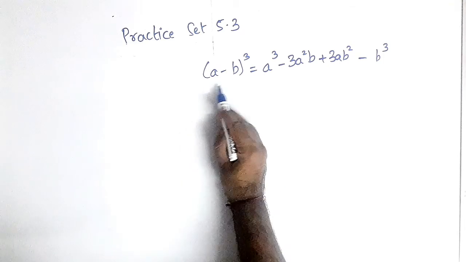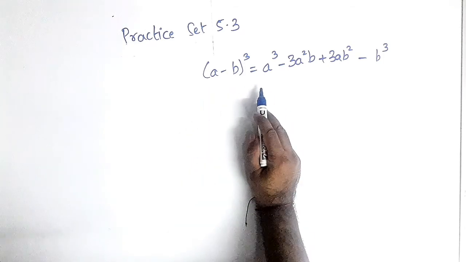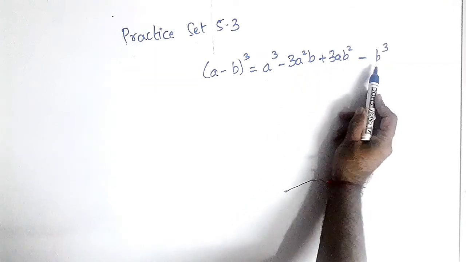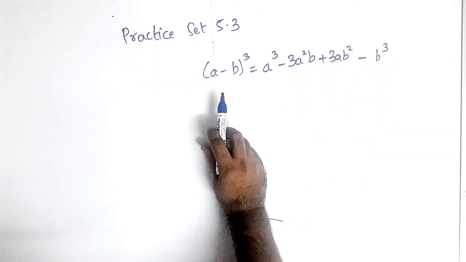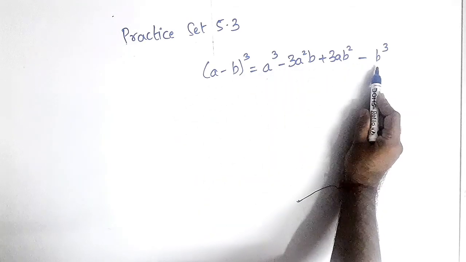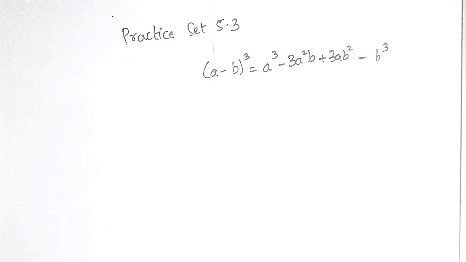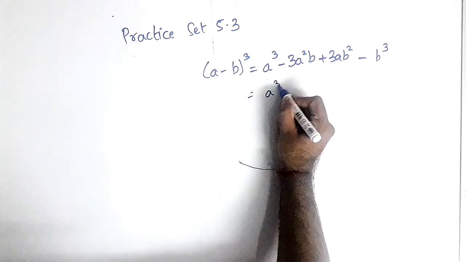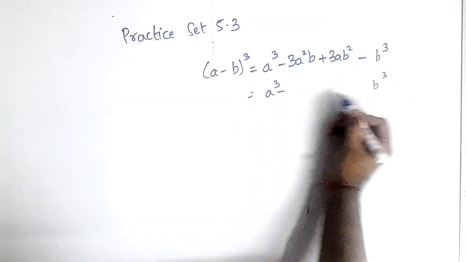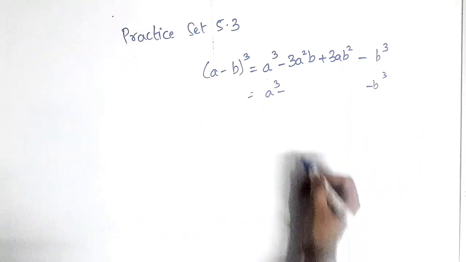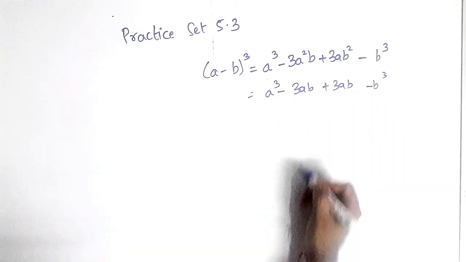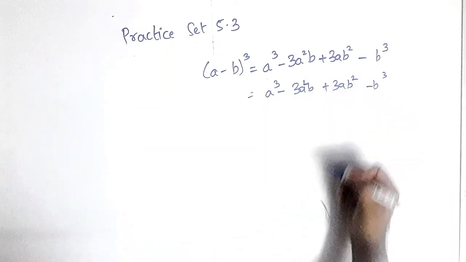So in the a plus b the whole cube formula we had a cube plus 3a square b plus 3ab square plus b cube. So here in this formula only at two places you will have minus, very simple, after a and before b. Once again we'll write a cube and b cube as it is. After a I'll put minus, before b I'll put minus. And 3ab, 3ab as it is. So first square above a, second square above b.